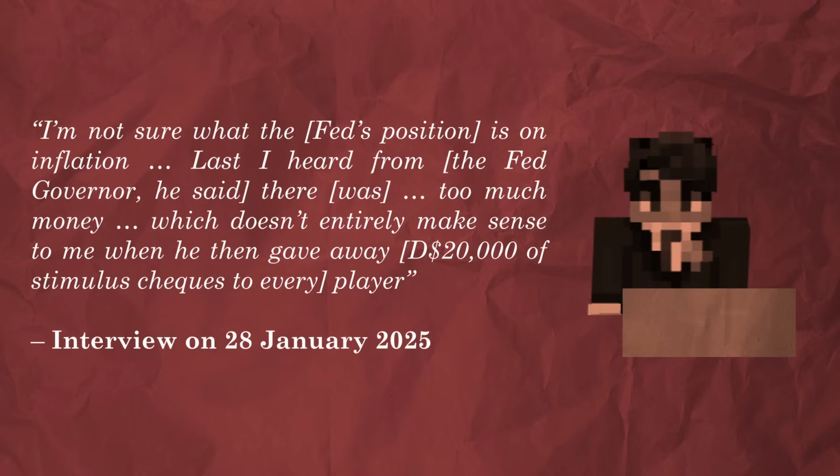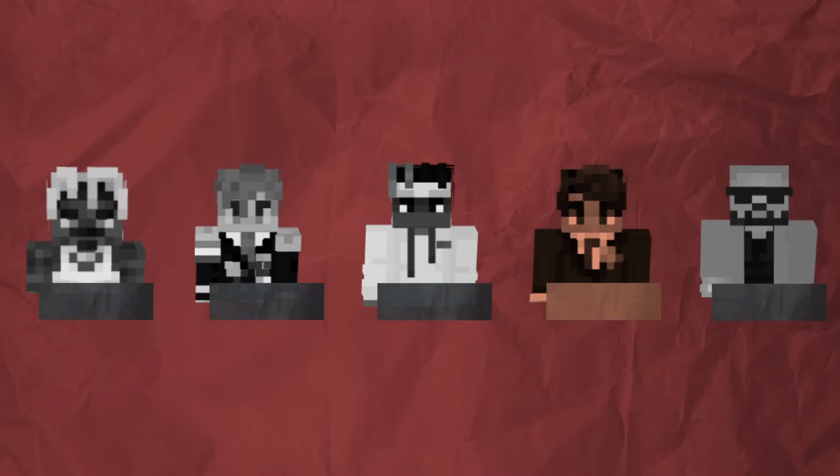Firstly, the person being interviewed wasn't just some random person. It was Technofeed, who, at the time of interview, was the finance minister. If anyone needed to know what was going on at the Fed, it would probably have been him. Secondly, the person being interviewed was also a member of the Fed's Board of Governors. He was literally one of the 5 people tasked with drafting and voting on the Fed's monetary policy in the